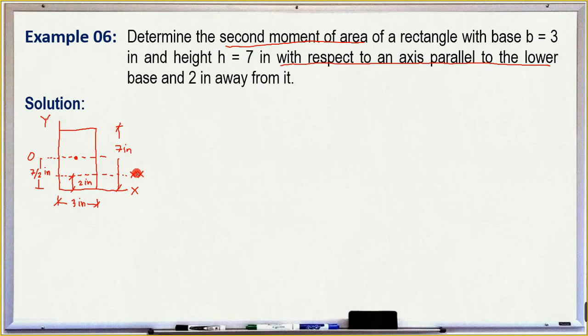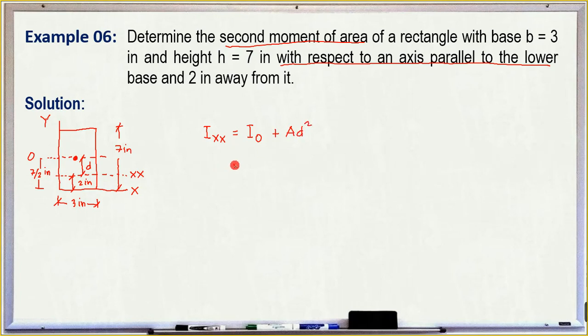So again, this conforms because the axis XX is parallel to our centroidal axis O. Now, our D is this, from the centroid to our axis XX. So D. Now applying the parallel axis theorem, we have the moment of inertia along our new axis, which is XX, equal to the moment of inertia along the centroid O